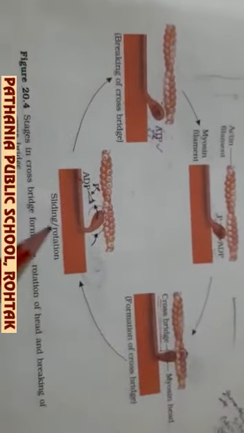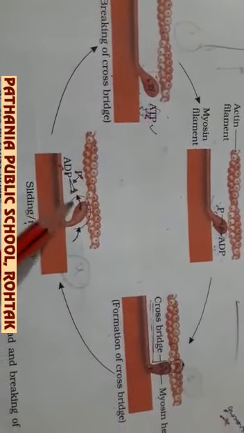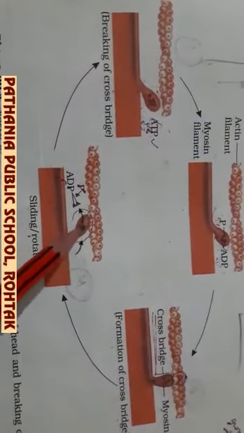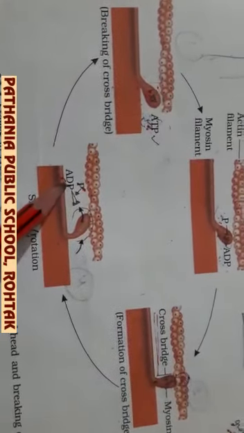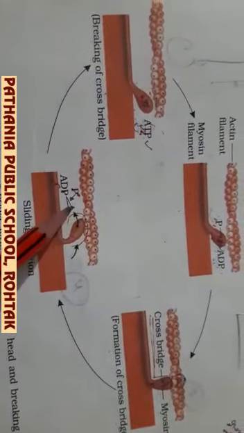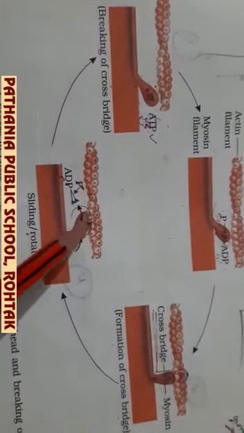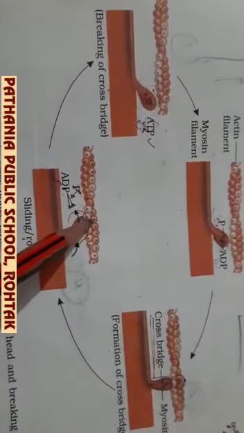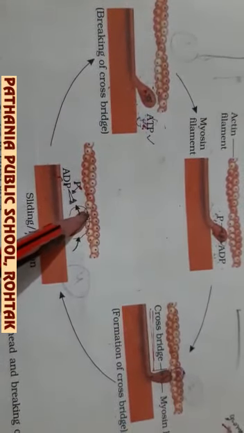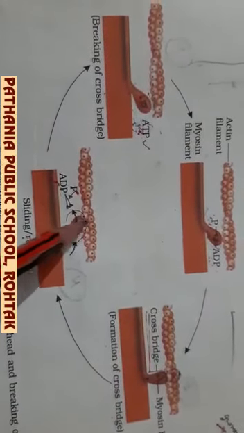This theory can be explained this way. Suppose this is the head of the myosin filament and this is the actin filament. When the hydrolysis of ATP takes place and it forms ADP and inorganic phosphate, the energy is released. Because of this energy, the myosin filament will bind with the actin filament, and this site is the myosin binding site over the actin filament. Here only the troponin was present, but it was removed when it bound with the calcium ion.